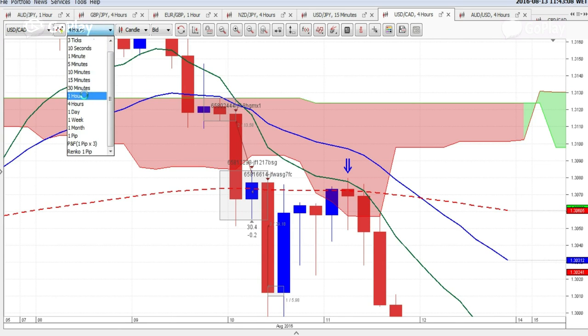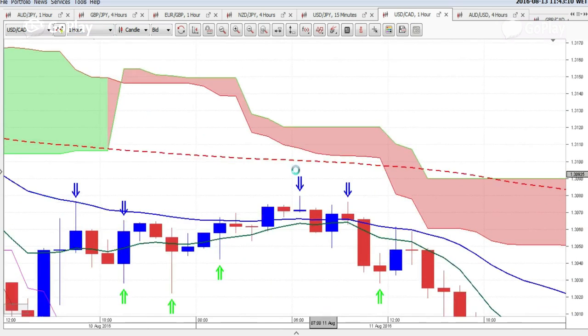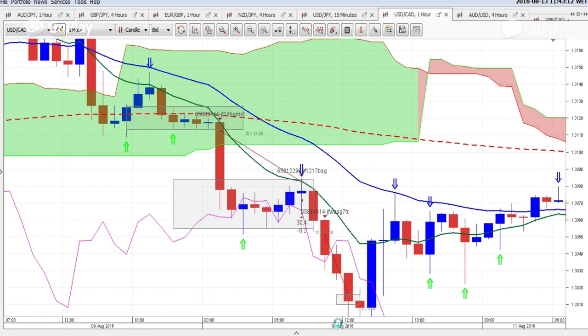When I switched to 1 hour, you can see I saw a candle like that develop here, and then for a few hours price wasn't doing much, so I just decided to put the stop loss a bit higher in case it would retrace. It stopped me just here, and then